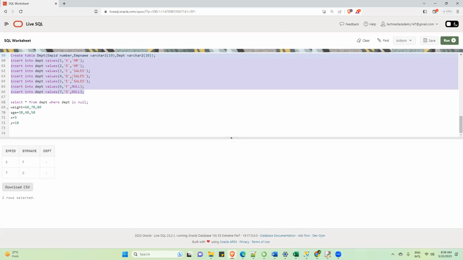Tanvir, I'm interested in those employees who have been assigned some department, whether it is HR, sales, tech, research, or any other department. But I want those employees for which we have assigned a department. It can be any department. Is the requirement clear? What my manager is telling is, Tanvir, please display the details of employees